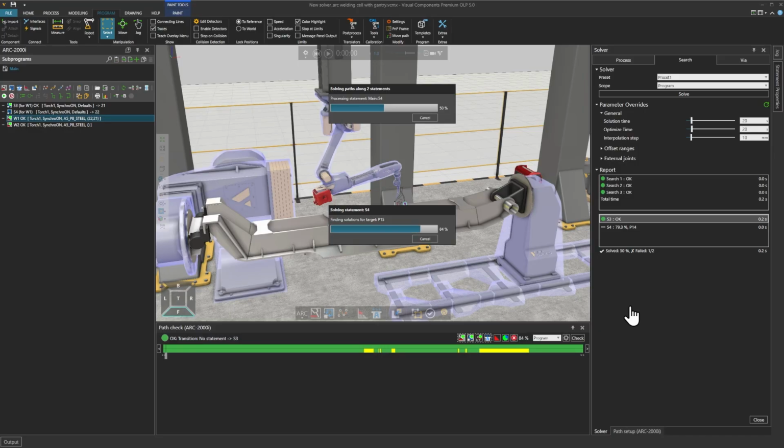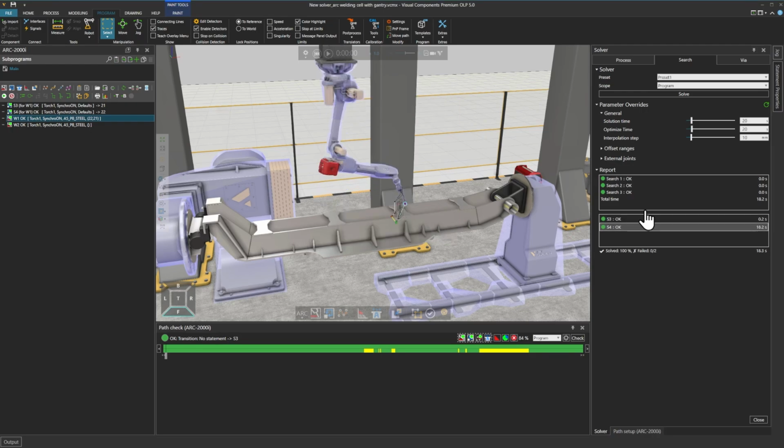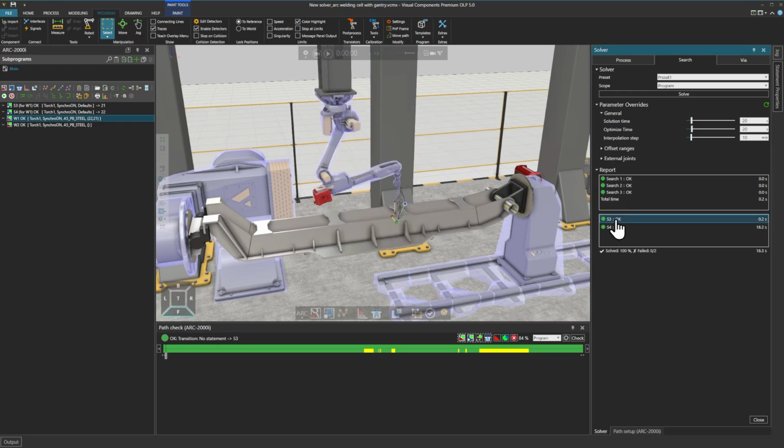And what we can see here is that search number 3 has 3 points and they are all okay. And number 4 is okay as well. It spent 18.2 seconds here, but it didn't do any changes, it looks like.